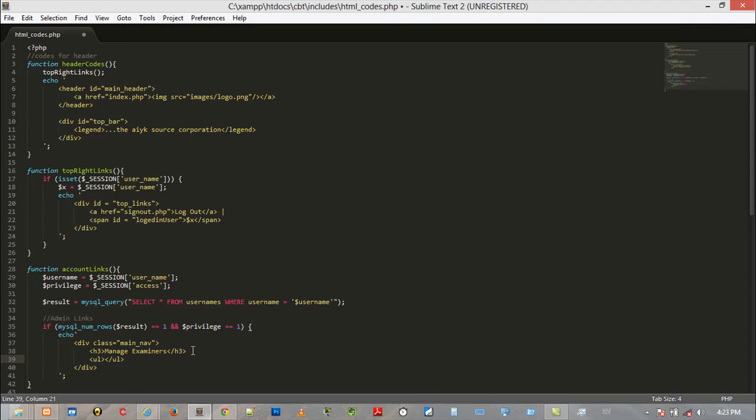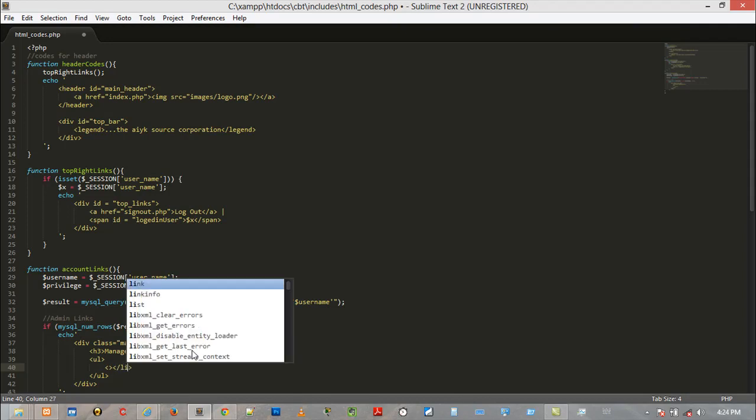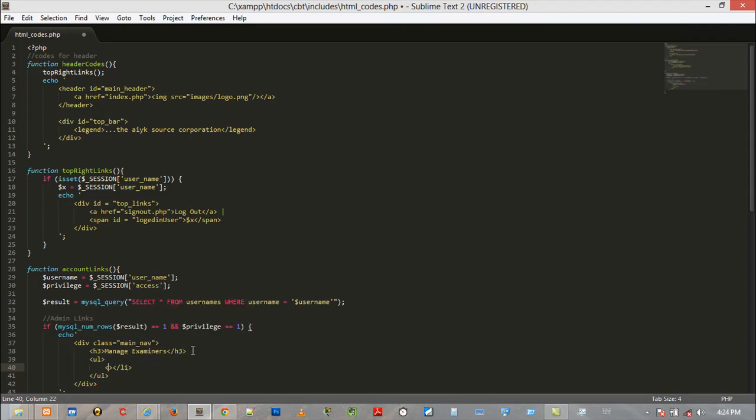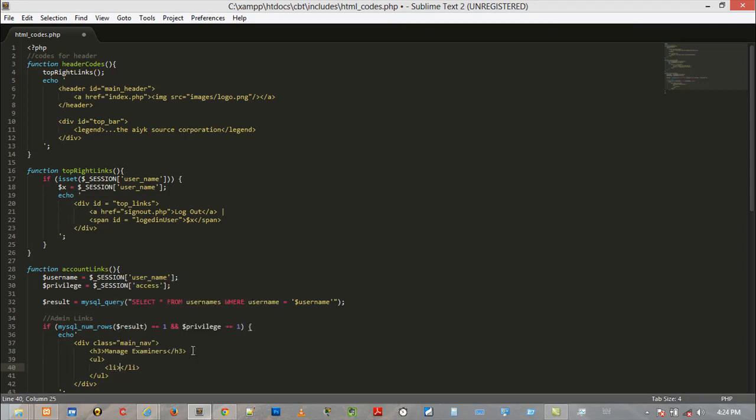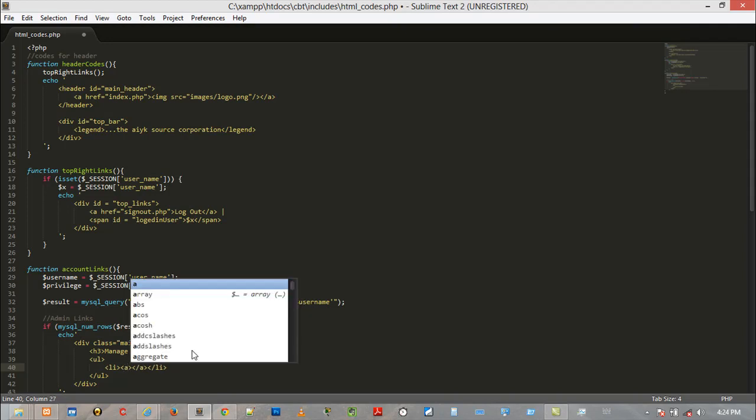Cool. Pull this down and then create its list items and close li. Definitely we're gonna wrap whatever we have in this item in anchor tags, so close anchor tag here,